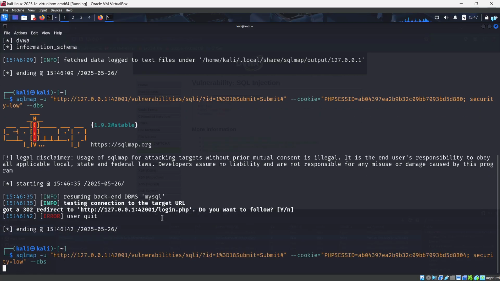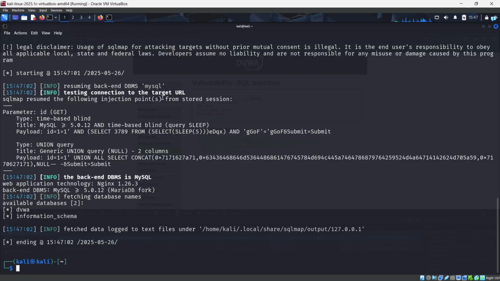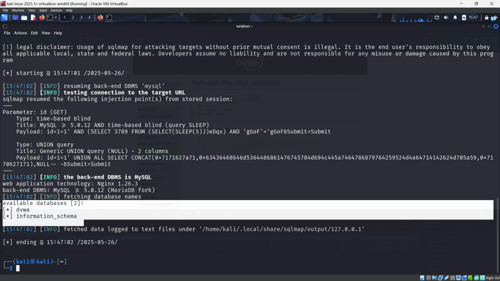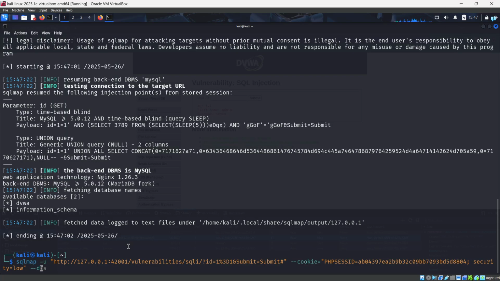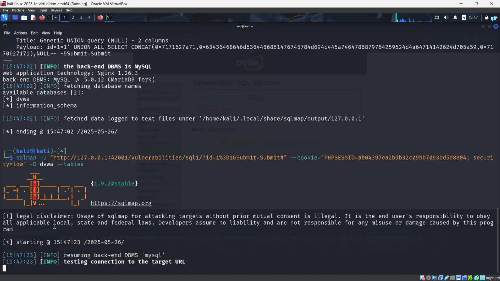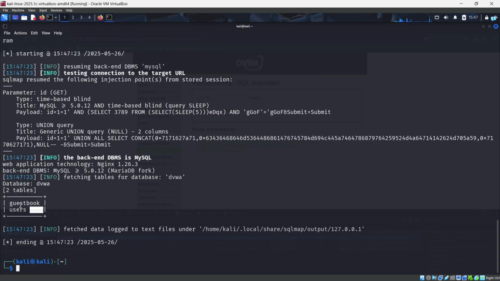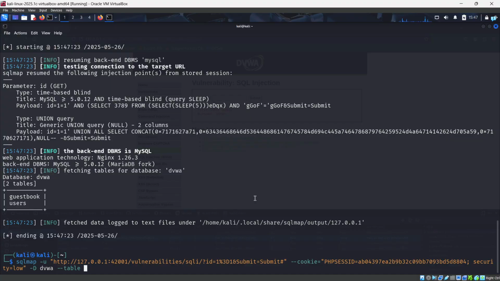And then once you execute that again, you'll get these available databases, right? So now we'll go for the next part, which is hyphen capital D for database and DVWA, I'm choosing the first one, and then hyphen tables. Now I'll be getting two tables, guestbook and users. And now if I go to table users and hyphen dump